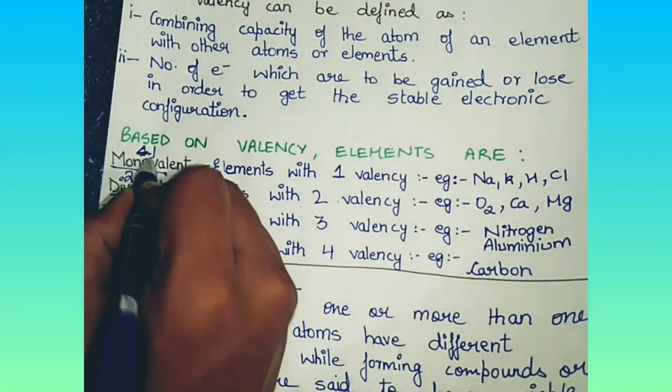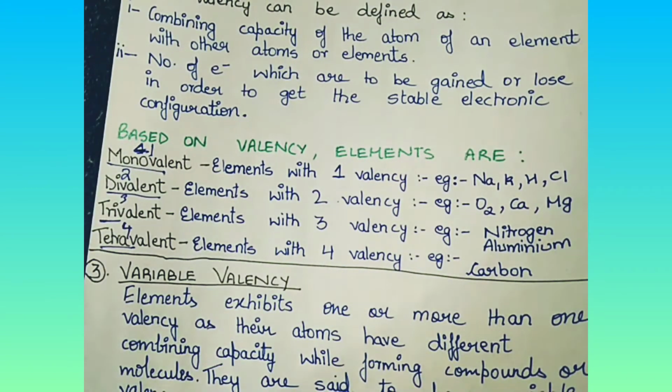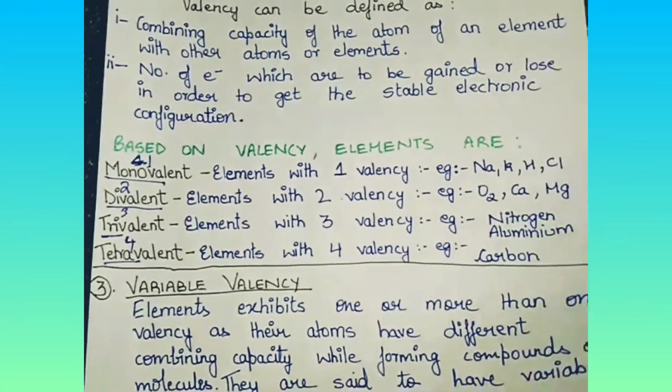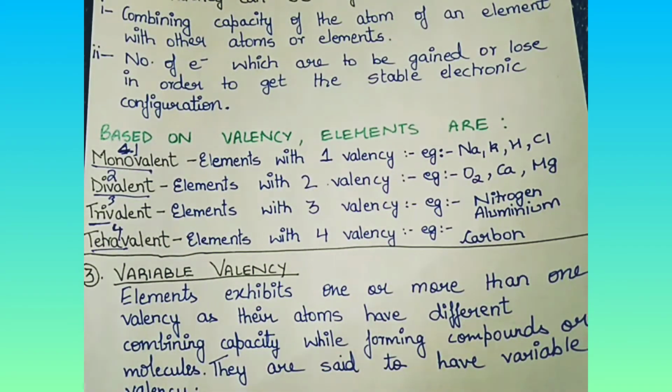The elements with one valency are known as monovalent, meaning they have only one electron in their outermost shell to either gain or lose in order to get the stable electronic configuration. Example: